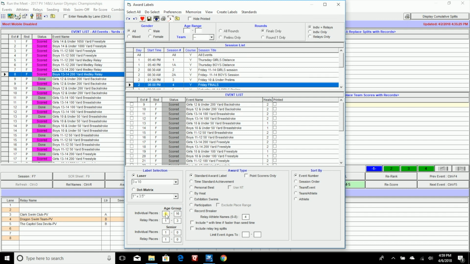Then you have to look at the meet announcement or discuss with the AO what individual places get awards. It could be 1 through 16, it could be 1 through 8, etc. So for individual races and then for relay races. So that gets set up, and we typically use the standard award label. And in this particular case, I have it set up to sort by event number. So this sets up the preferences. I'm going to close this window out